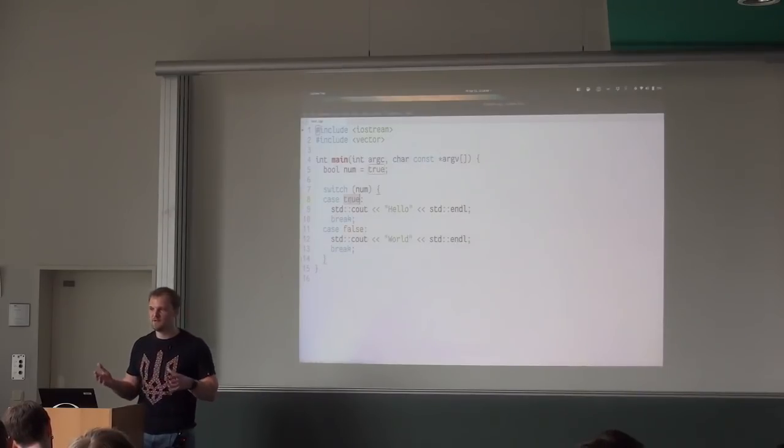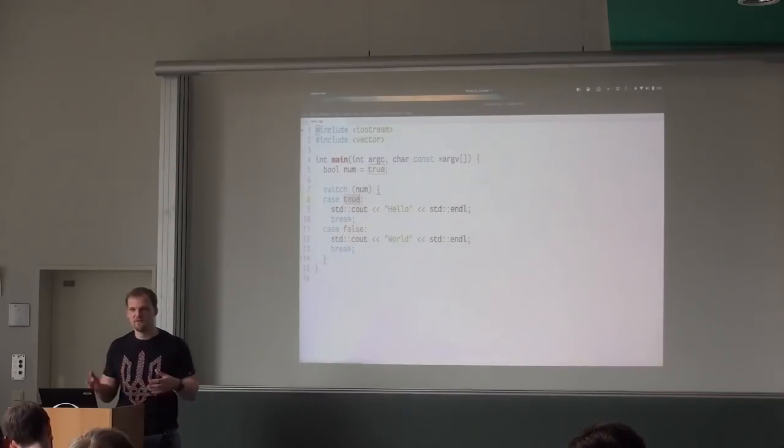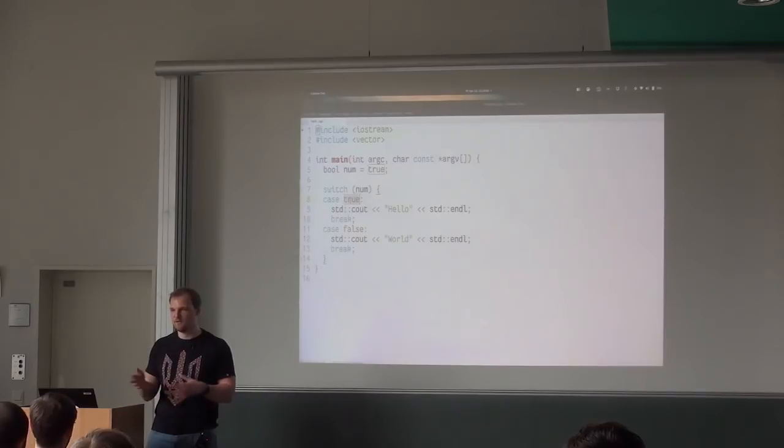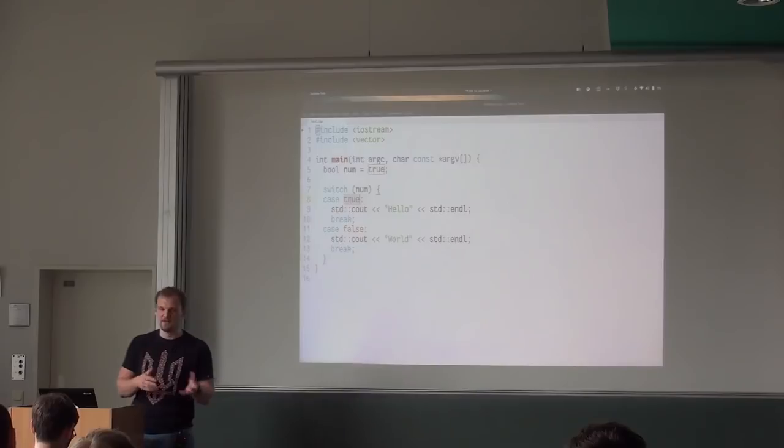At first, it doesn't really matter which one you use. Use the one that you feel is more appropriate for the task. You have to gain some experience to know when it's more useful, when it's less useful. For now, just use it whenever you want, and you will get the feeling of when it's more useful and when it's less useful.